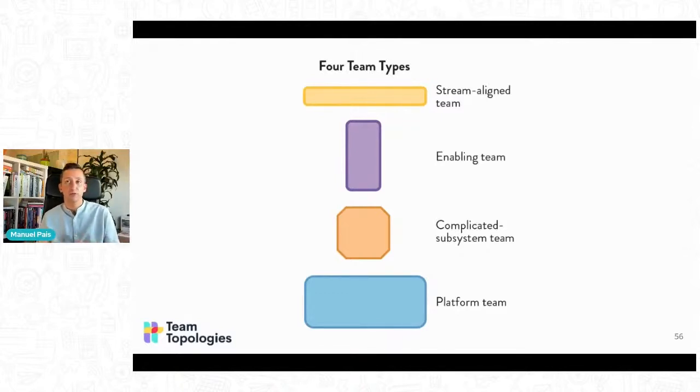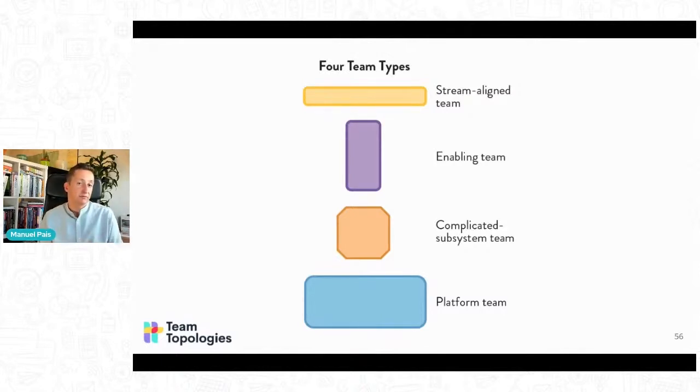So you probably won't have enough UX experts in-house to have one in each streamlined team, right? But you can have an enabling team that is small and whose objective is to mentor, to teach other teams so they learn about user experience. They won't become experts themselves, but they will know enough to do most of the work. And so the enabling team can be on any domain, can be test automation, can be around some kind of regulations in our industry, can be anything.